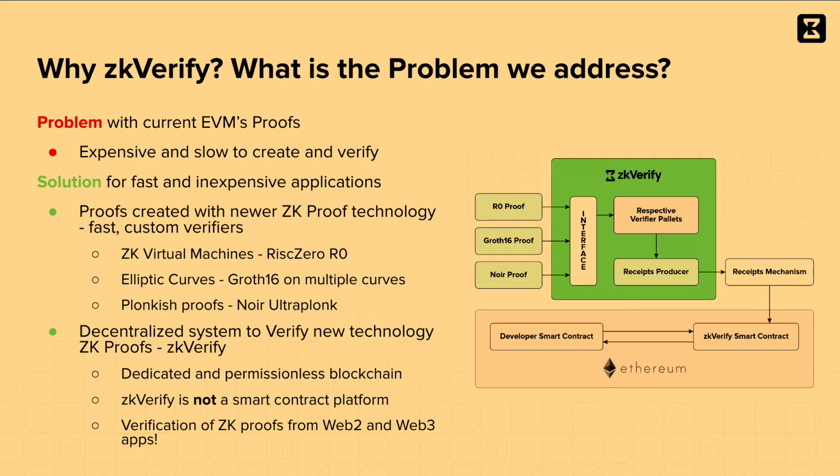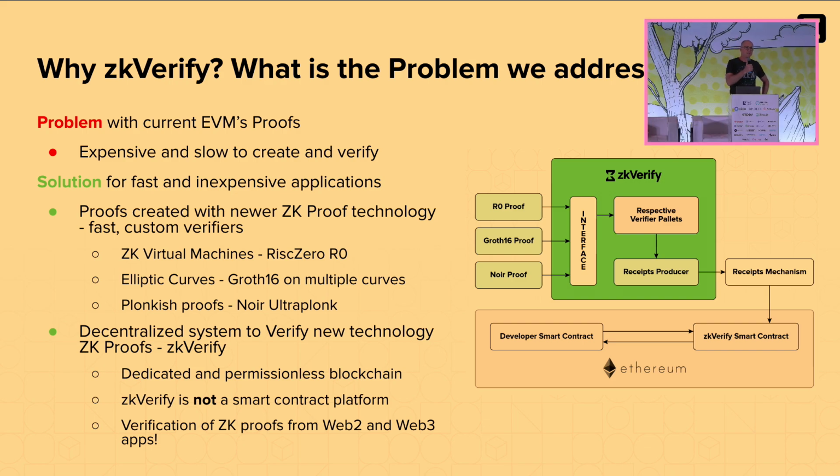Another is many different types of elliptic curves. The elliptic curve that's on Ethereum, which is where most people have been verifying their ZK proofs, is an older curve. There's newer and more secure curves. And as many of y'all know, elliptic curves aren't quantum computing safe. So we have to look at new types of zero knowledge proofs that are quantum computing safe if we really want to look to the future.